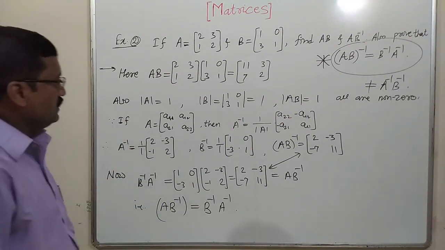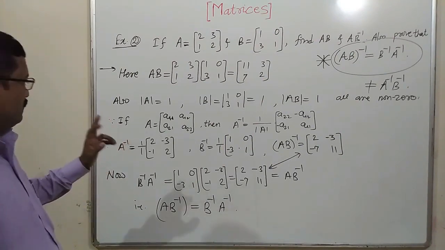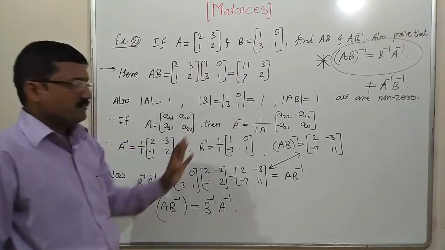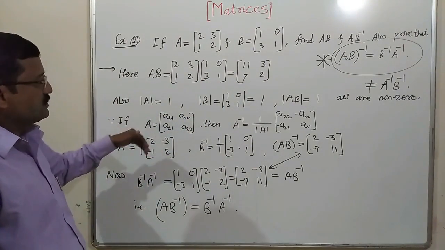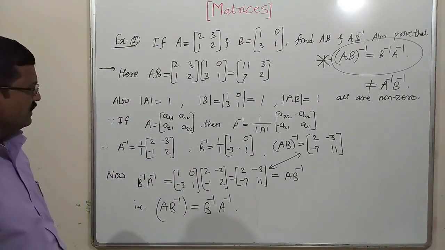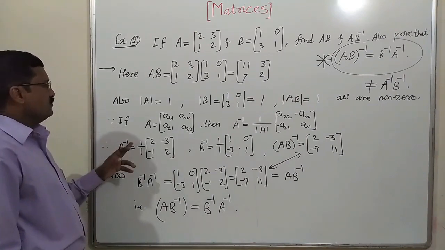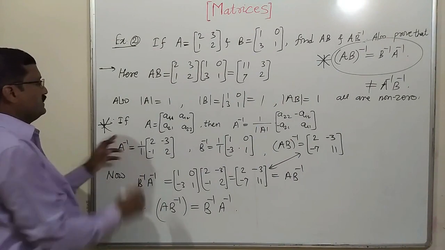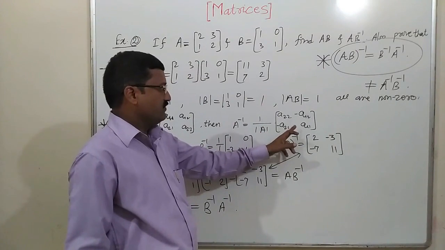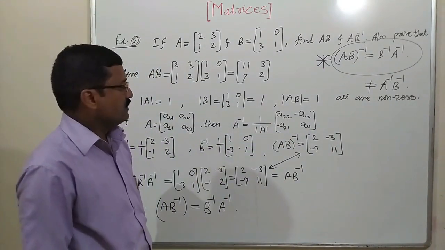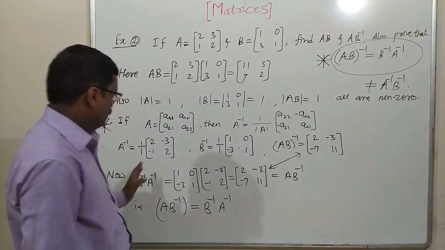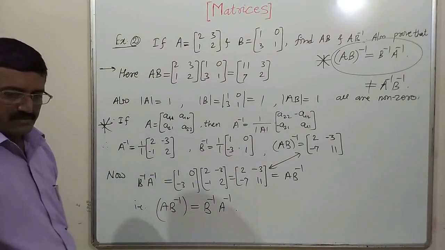So this is one important example. In this example, we have found A inverse, B inverse, AB inverse, then AB also. Lot of calculations are here, but we have used shortcuts here. This example may be asked for 4 marks. If this example will be asked, then you can use this formula directly. A is this, then A inverse equal to 1 upon determinant times adjoint of A. This is the formula to find the adjoint of 2 by 2 matrix. If this matrix is given, you can write directly this matrix, and using that you can reach to this answer.